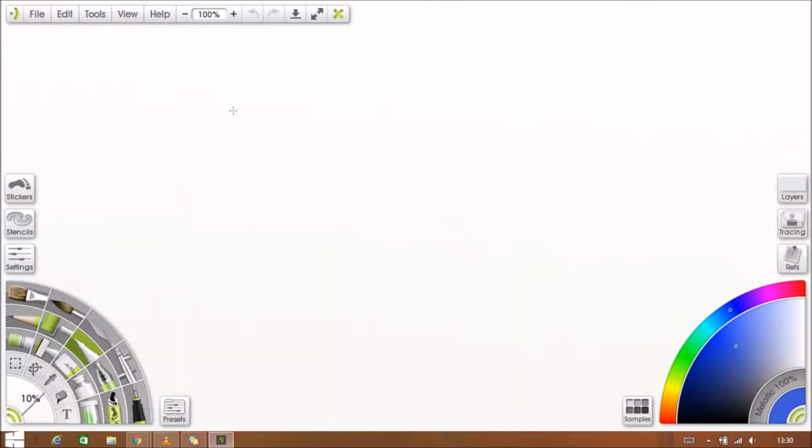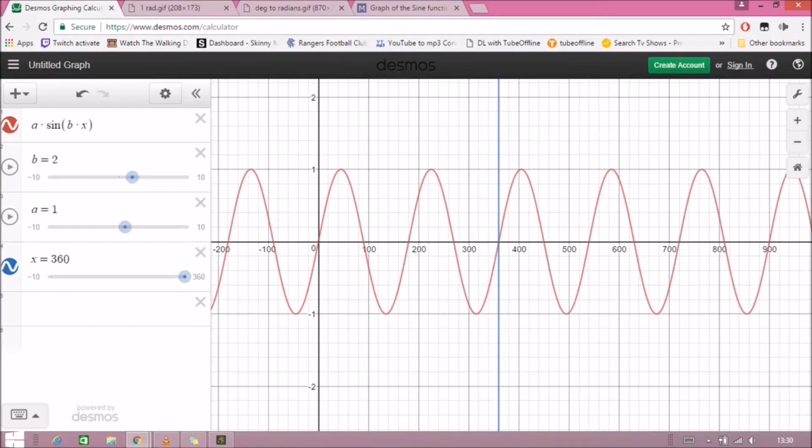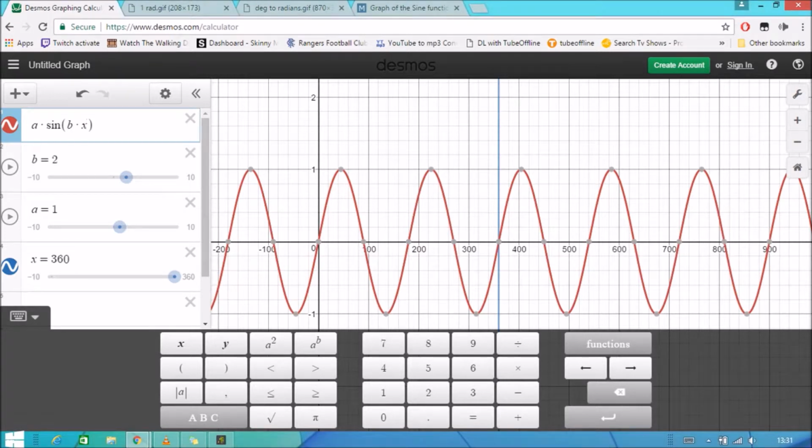Okay, so what's happening is it's taking in an angle, for example, say 30 degrees, then the sine function's reading that as 30 degrees times 2, that's the value I put as b is 2, so now it's really thinking what is sine of 60 degrees, which is twice as far along, so that's why it's compressing it. It's doubling the angle, and it's reading it as double what the original angle was, so the graph is now happening twice as often, and you can see that the period inside the 360 degrees, the frequency is 2 now, because the period is only 180 degrees, so it occurs twice inside the 360 degrees,